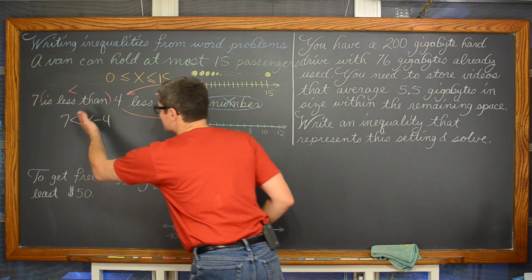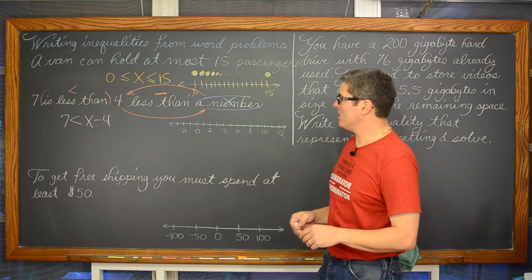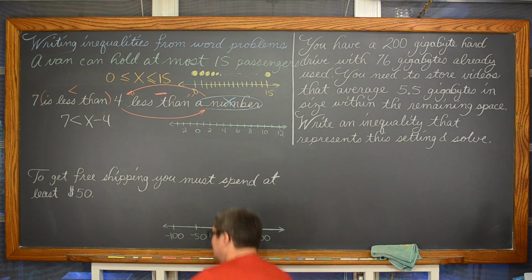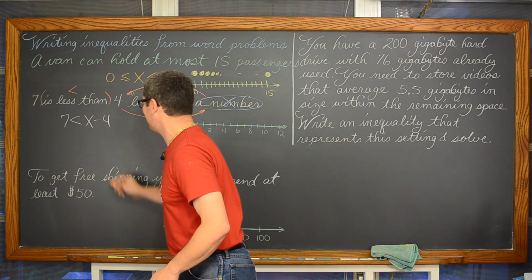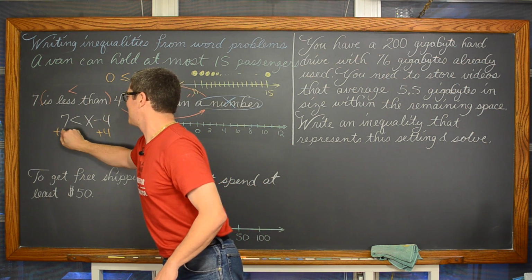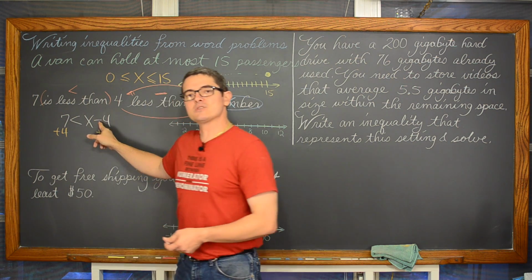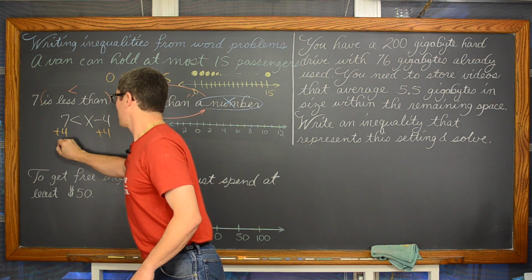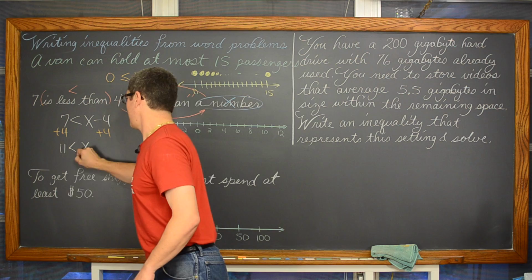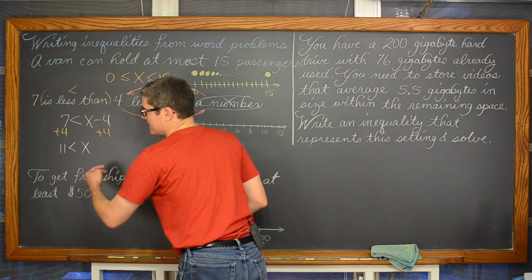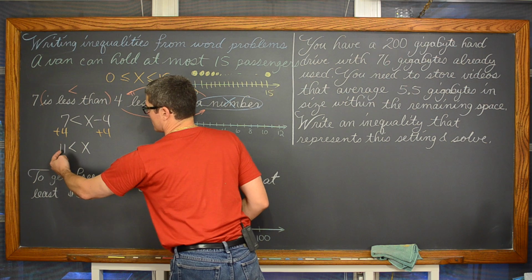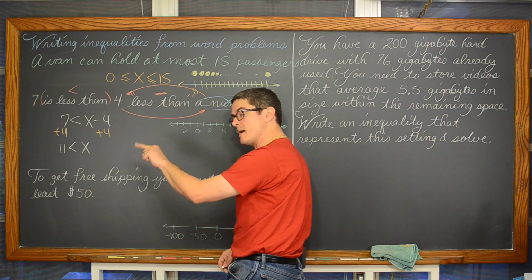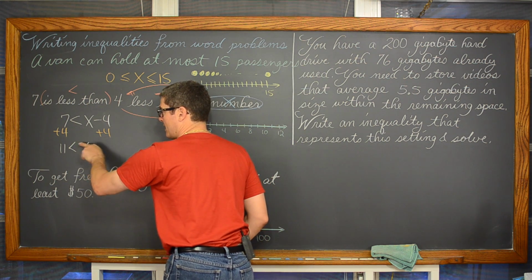And again, we're writing inequalities. So let's go ahead and solve this inequality. We want to get this negative 4 away from the 7, so we're going to drop the chalk down, and let's add 4 to both sides of this inequality to undo the subtraction of 4 that is with the x, and we get 7 plus 4 is 11, which is less than x. So, 11 is less than x, which means if you read it in the opposite direction, x is greater than 11.